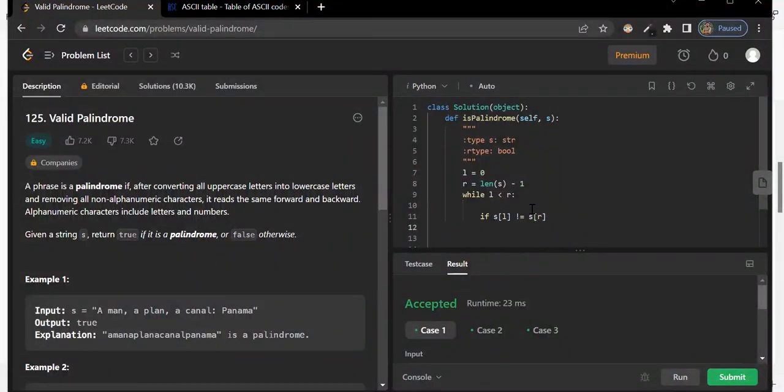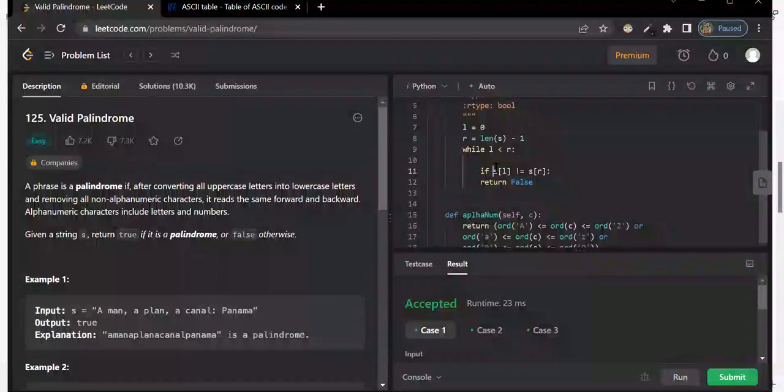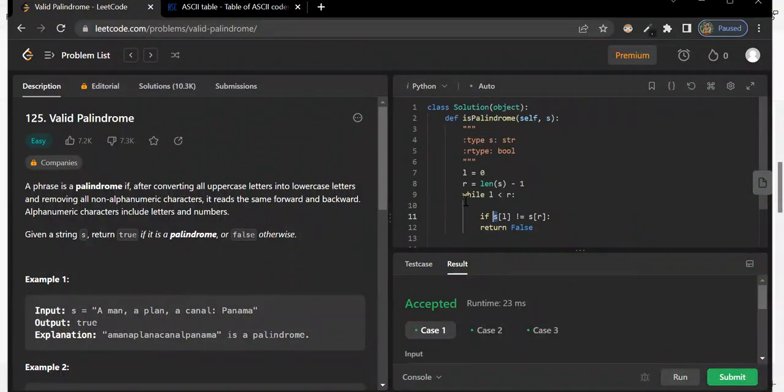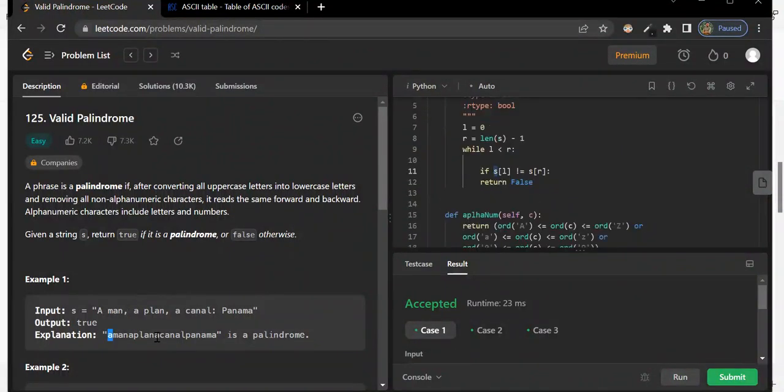Okay. If it's not equal, then we will just return false. So we are checking if the index of L, suppose L equals 0, that means A. If A is not equal to S of R, and R is now here A, so we are checking if A is not equal to A, then we will return false. But